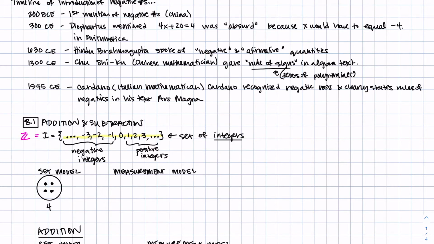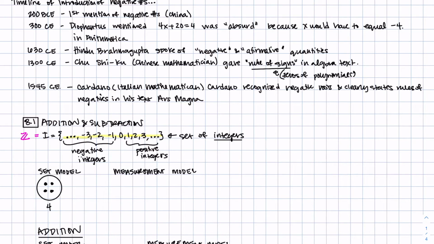In 300 CE, Diophantus mentioned an equation 4x plus 20 equals 4, of course not using this same notation, and he mentioned that this was absurd because x would have to be equal to -4, which they didn't believe was a number at the time, or didn't treat that way. A lot of development had to happen since then. In 630 CE, there's a mention of negative versus affirmative quantities,